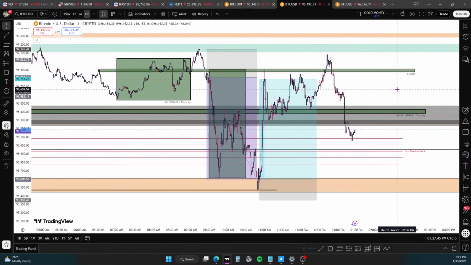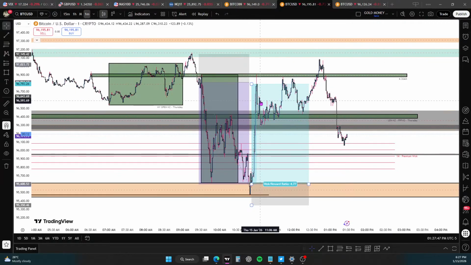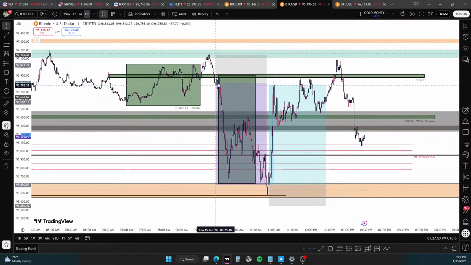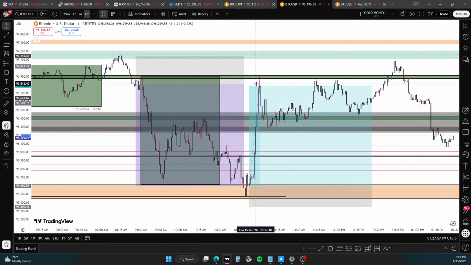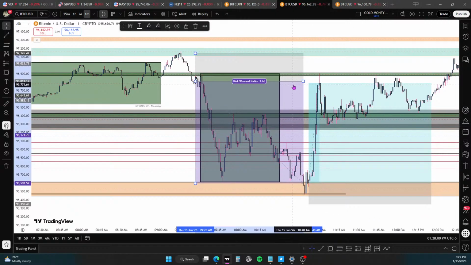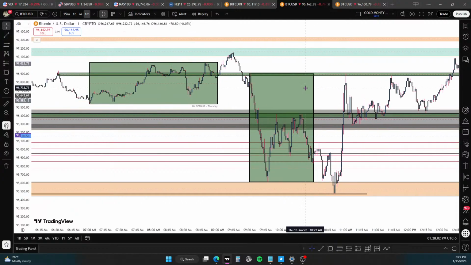But notice what I've been showing you here. I haven't taken any actual trades, but to be honest, if you wait and know what you're looking for in these setups, it's very simple to navigate your way around.